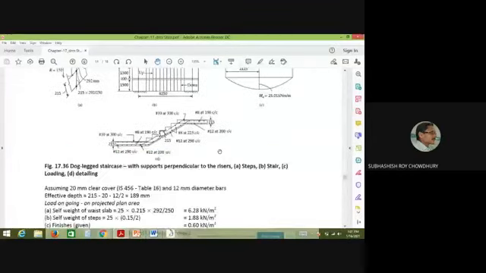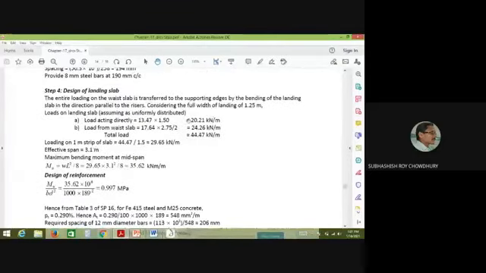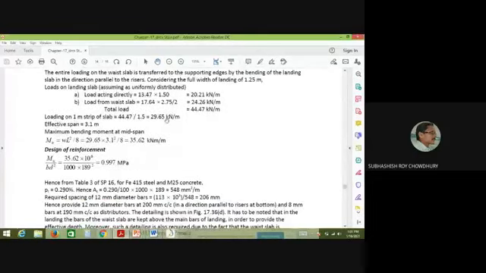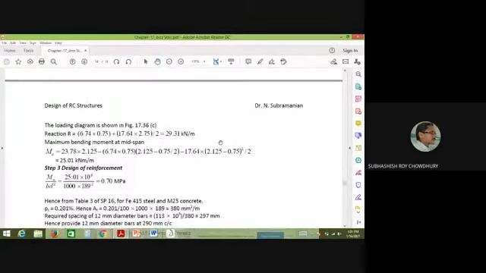Okay. So total load is this one. This is directly coming over the landing, and this is coming from the waist slab. So loading on 1 meter strip of the slab, that has been considered as this. Okay. So just 1.5 they have considered for dividing. So ultimately getting the 29.65 per meter. Here per meter means this one. Instead of this 1.5 meter, 1 meter is considered. Okay. Then